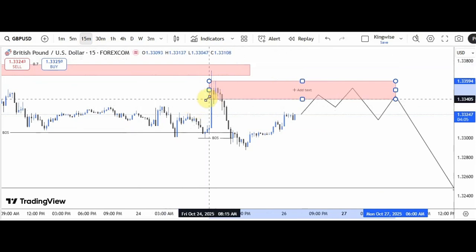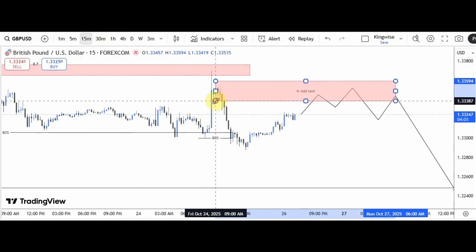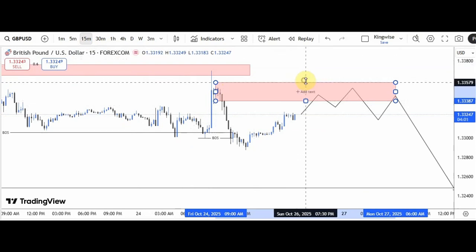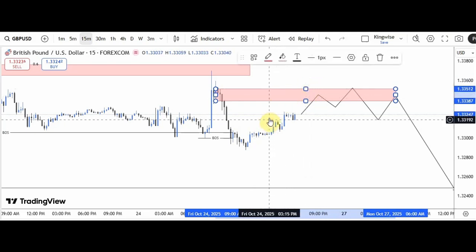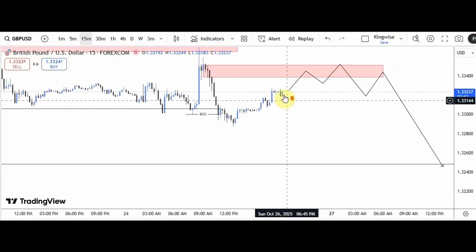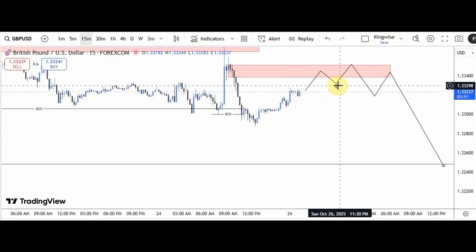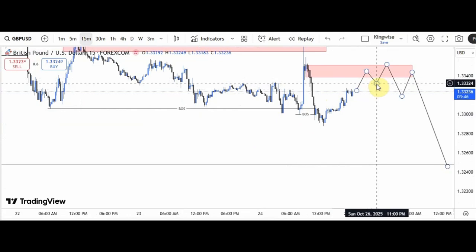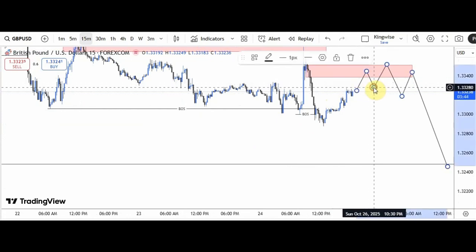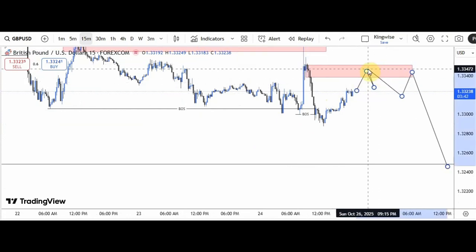So on the 15-minute time frame, this will be our order block. Refine it to this. So this will be our order block on the 15-minute. So I would want to see price tap into it and give a sell